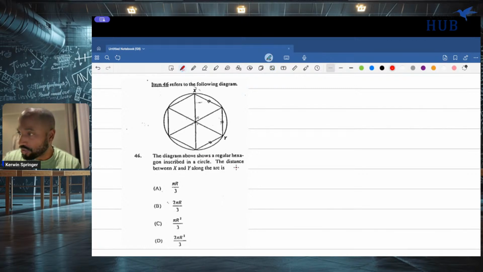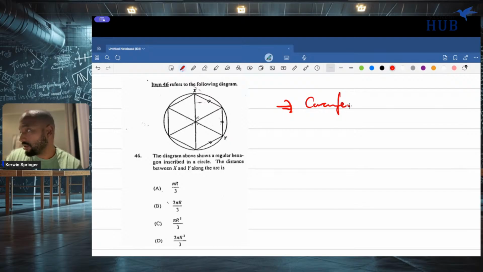The diagram above shows a regular, it's raining, a regular hexagon inscribed in a circle. The distance between X and Y along the arc, along the arc. All right, let me just make sure I understand what they're trying to say here. They want this distance, the